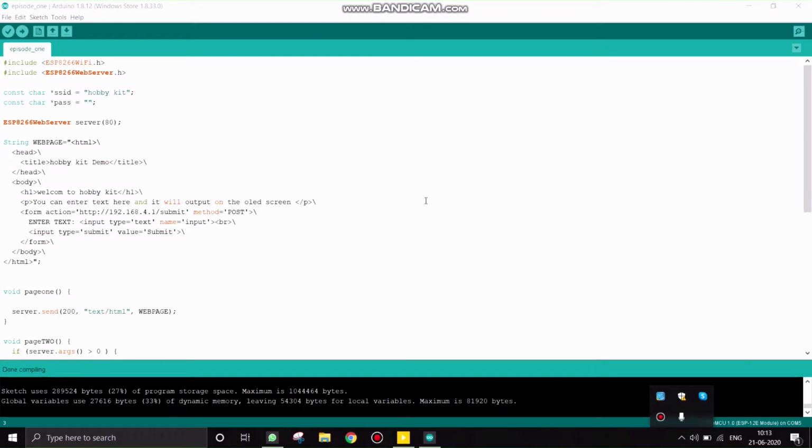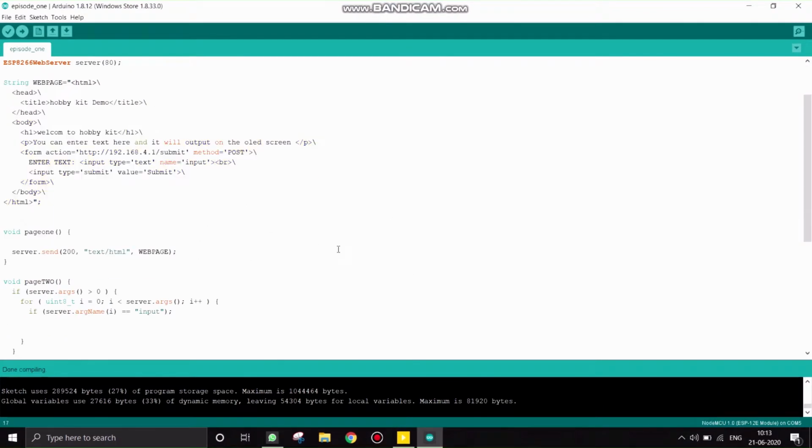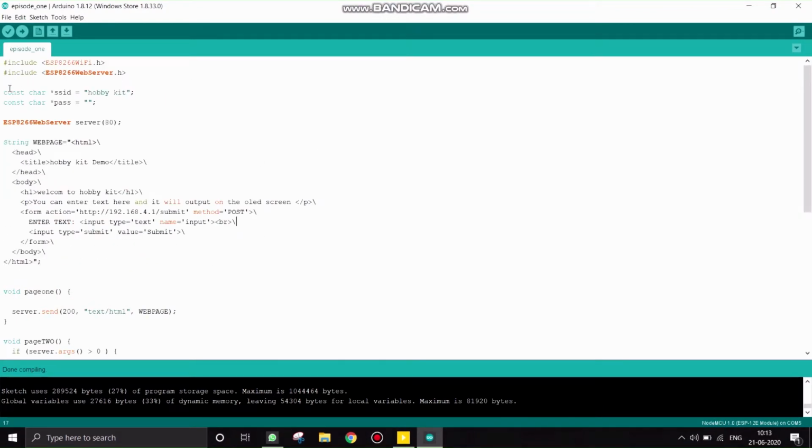We're done with the web server and the HTML page. For displaying the output, I'm using the OLED module. So I will include the header files of the OLED module, starting with include Wire.h,